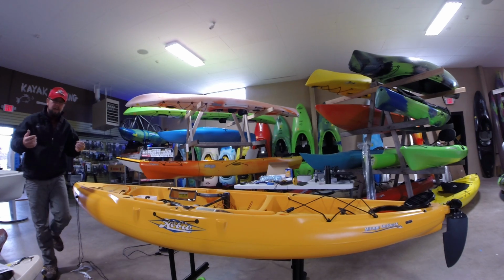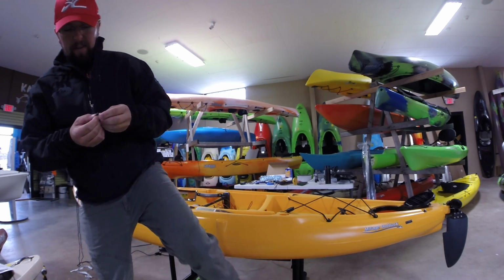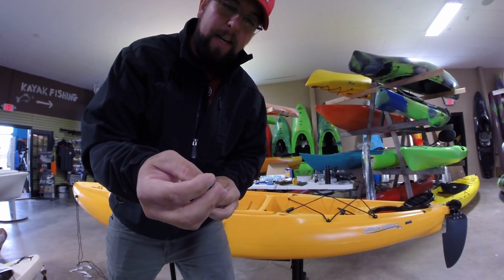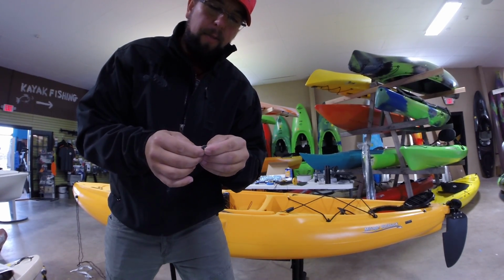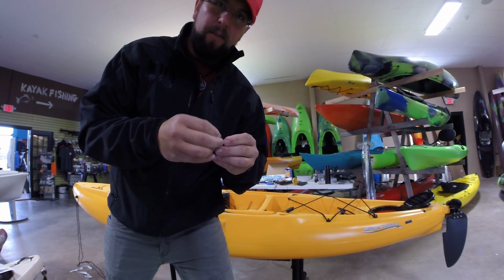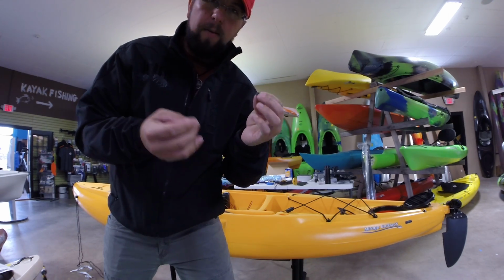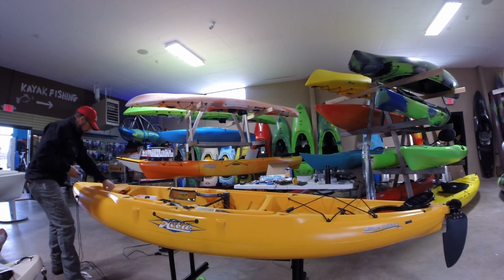Now, something that does not come with the kit that I like to add, I get these at Fastenal. It's a washer with a rubber backing. Not only do I drill the hole smaller so water doesn't get through, but I put this on there. It keeps me from having to use marine goop silicone or anything that makes it look kind of trashy. Really nice and clean look. These seal really, really well. They're very inexpensive. So I'll go on the inside right here